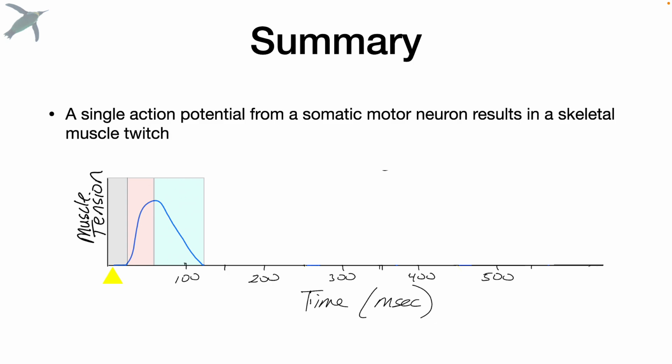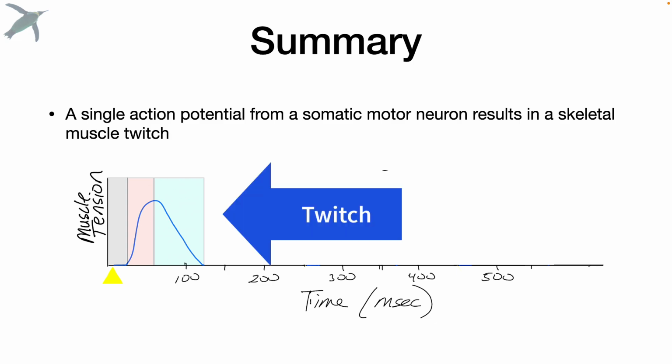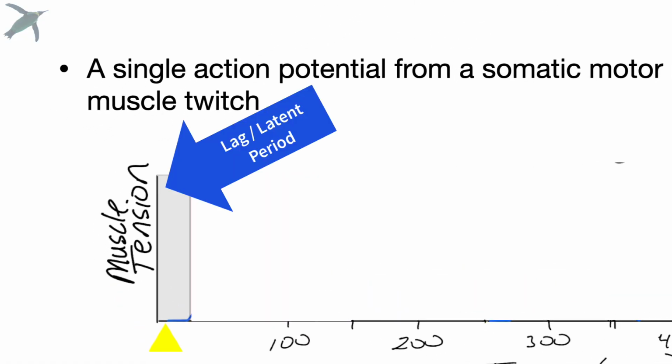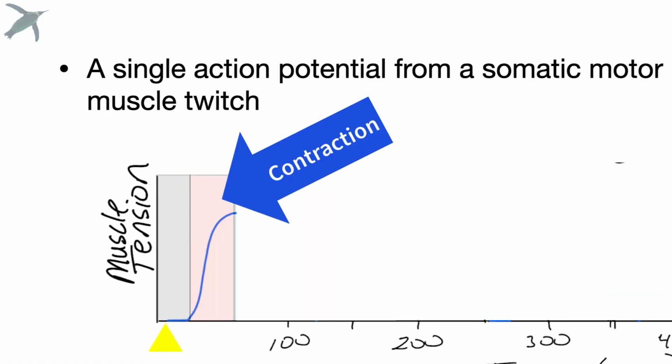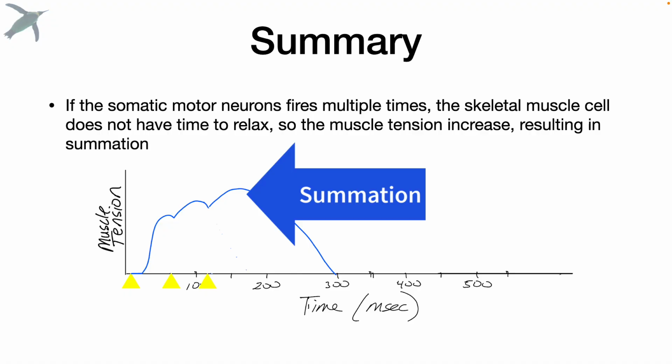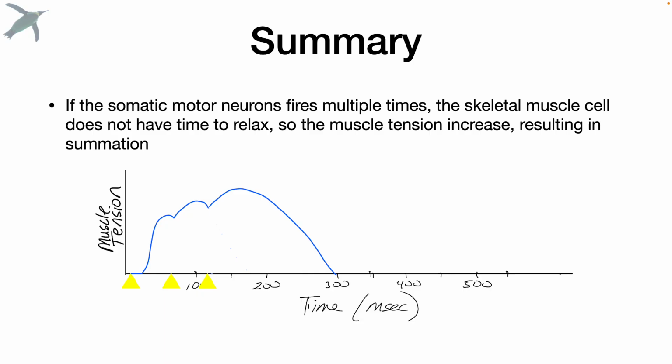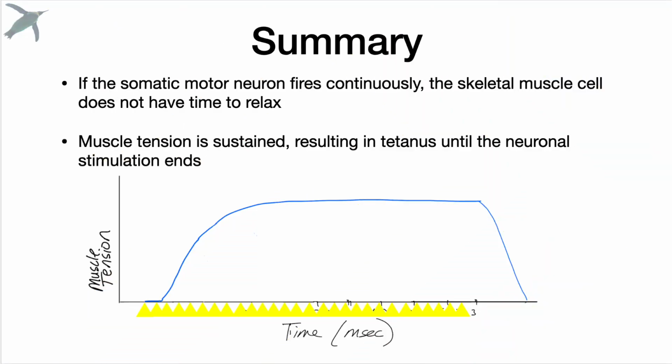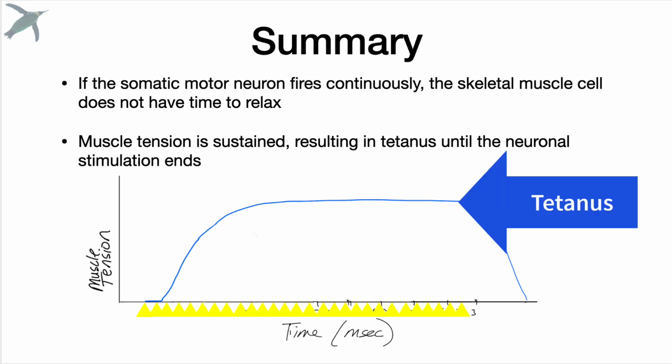So in summary, a single action potential from one somatic motor neuron results in a skeletal muscle twitch, which includes a latent period, a period of contraction, and a period of relaxation. If the somatic neuron fires multiple times and interrupts the period of relaxation, the tension can increase, and the muscle cell will not relax until the somatic motor neuron stops firing. In typical skeletal muscle contraction events, the somatic motor neuron fires continuously, and this results in smooth, steady, what we